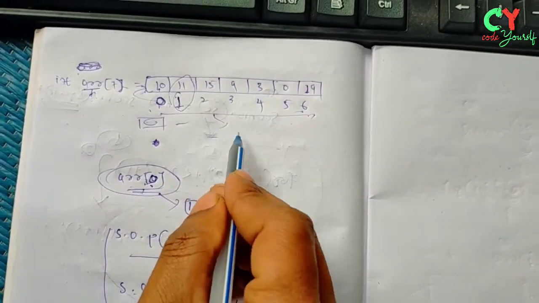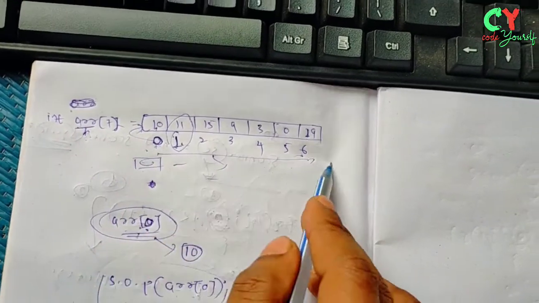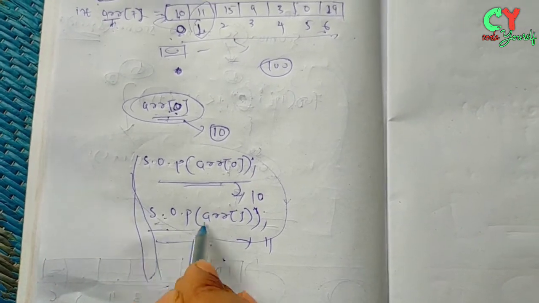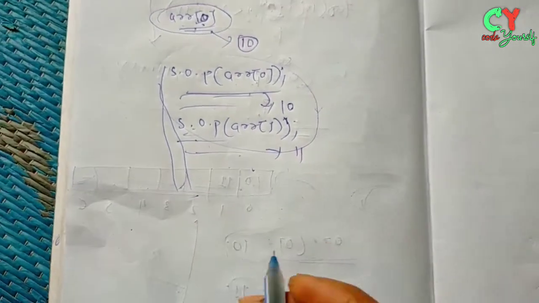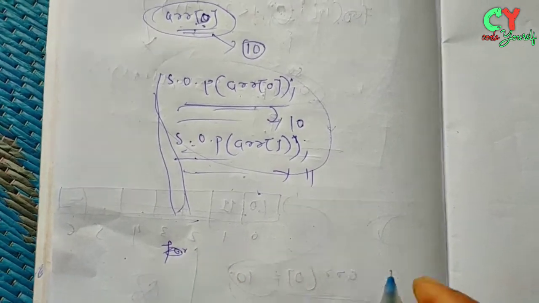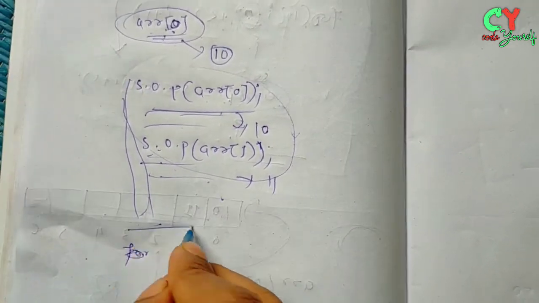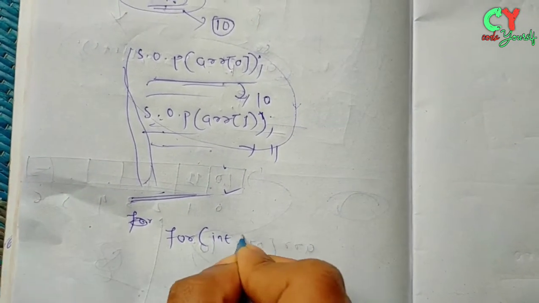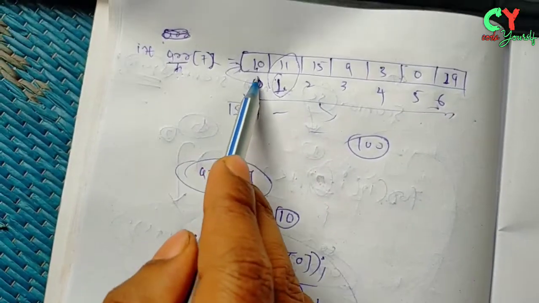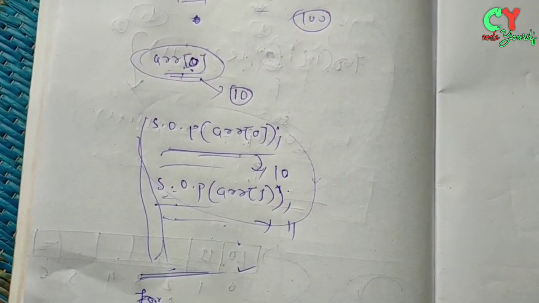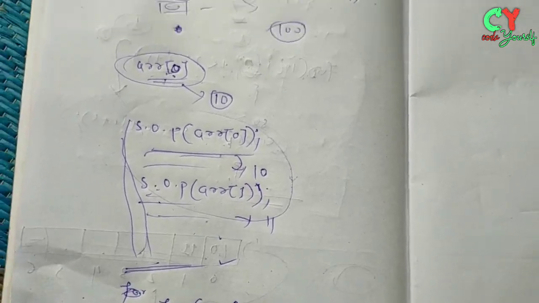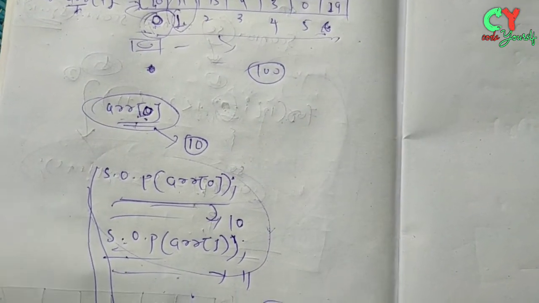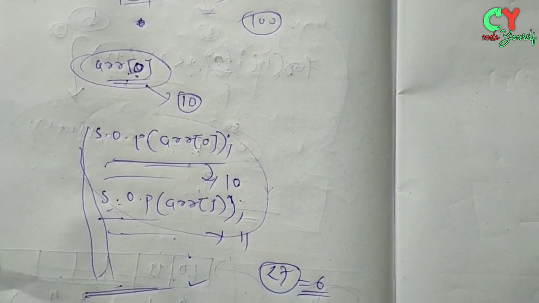What if there are so many indexes, up to 100? Then we would have to write up to 100 lines of code for System.out.println. So we have to use a for loop to do that. See how we can do it using a for loop. For int i equal to 0, it starts from 0. The index starts from 0, so we have to start the value of i from 0. It will go up to 6. I mean i less than 7 means up to 6. So i is less than 7.